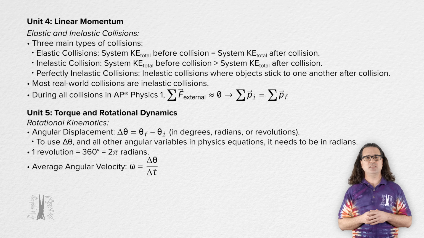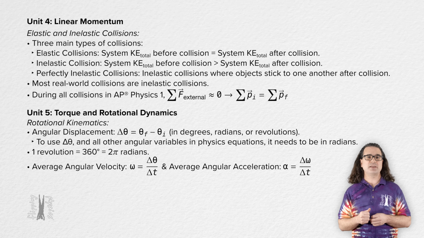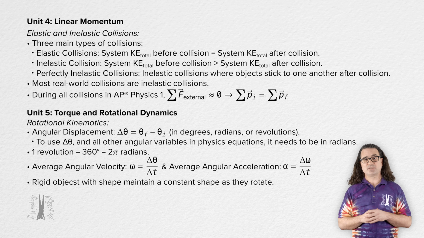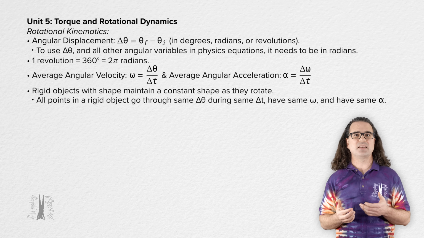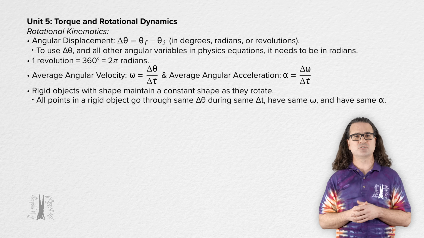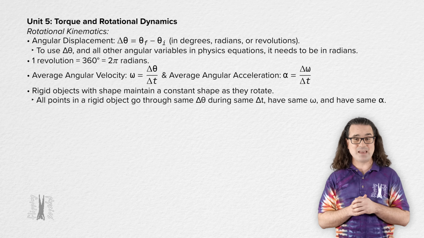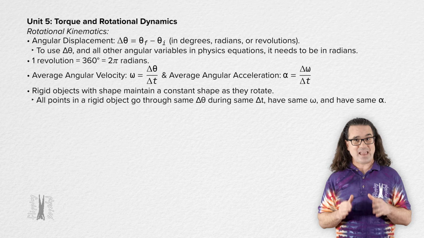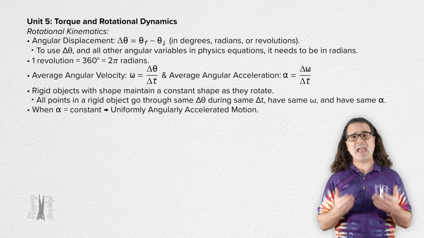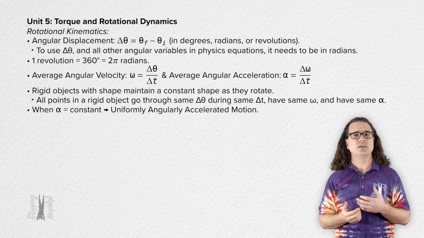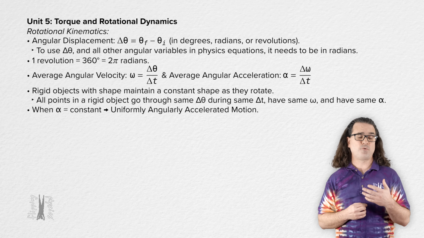Average angular velocity equals angular displacement over change in time. Average angular acceleration equals change in angular velocity over change in time. Rigid objects with shape maintain a constant shape as they rotate. This means all points in a rigid object go through the same angular displacement during the same time interval, have the same angular velocity, and have the same angular acceleration. If the angular acceleration of the object is constant, the object is experiencing uniformly